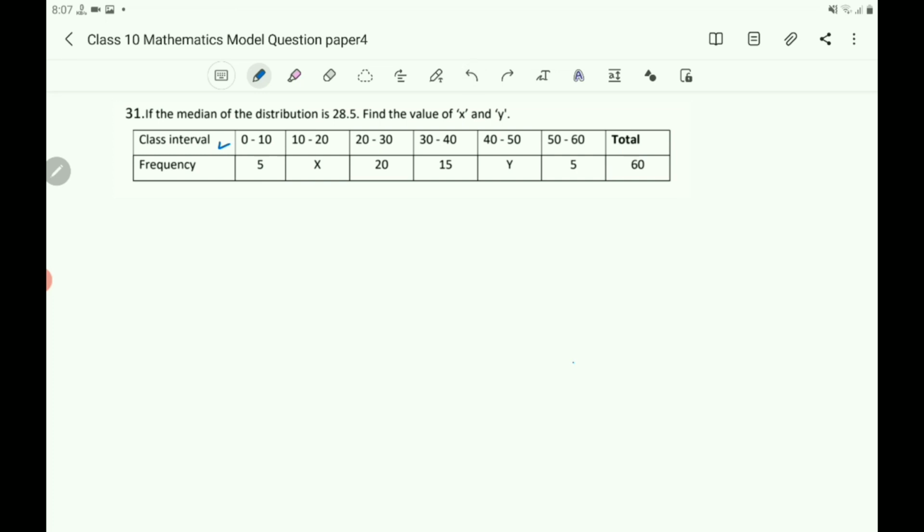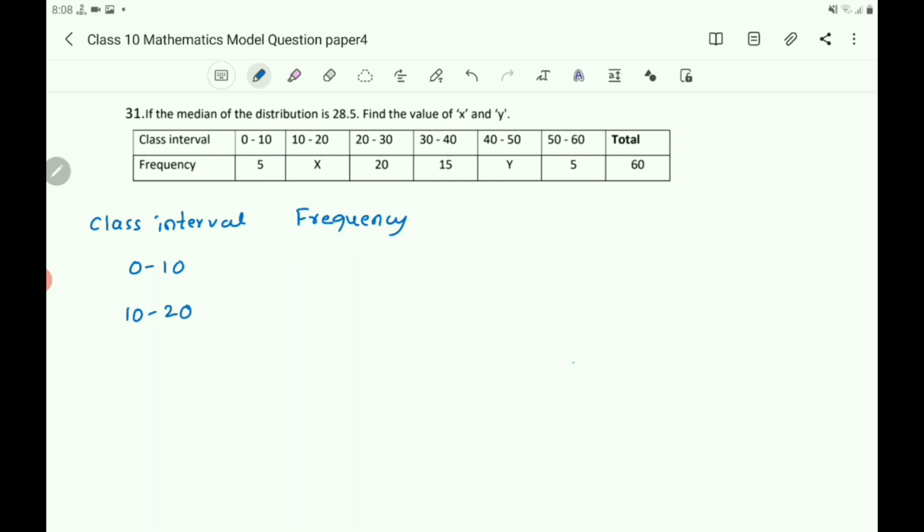Now what do you have to find out? You have to find out the value of x and y. Now let us write this class interval and frequency in a vertical column. So you write class interval and frequency. Then you write 0 to 10,